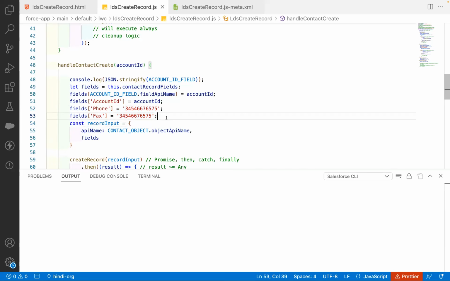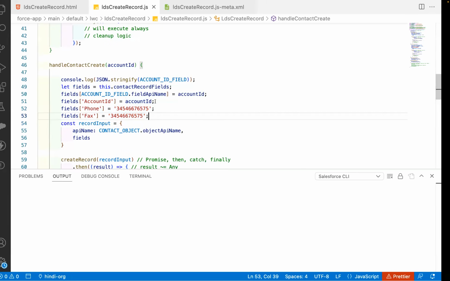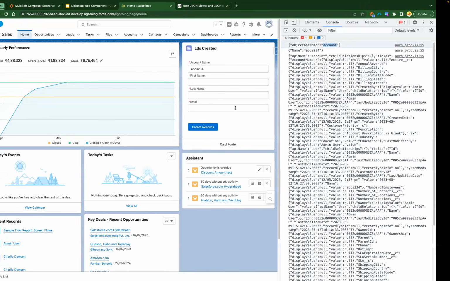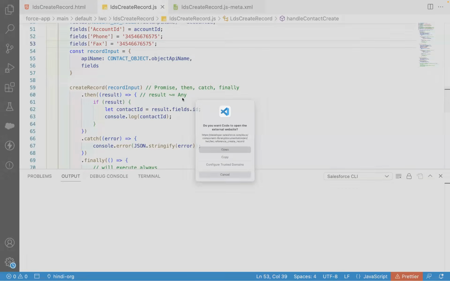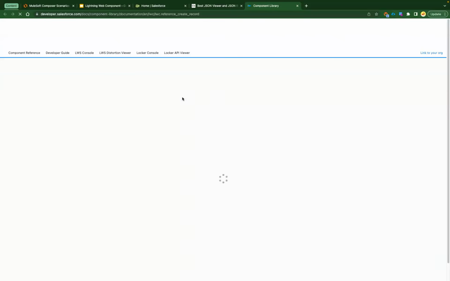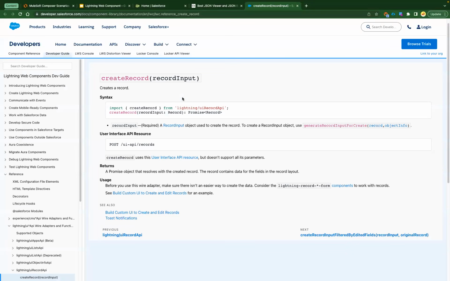Now you will see if you go to the component library, right? I'll navigate to this component library and showcase it to you. You would see the other way, the importing way. So you can see here it is going to import maybe